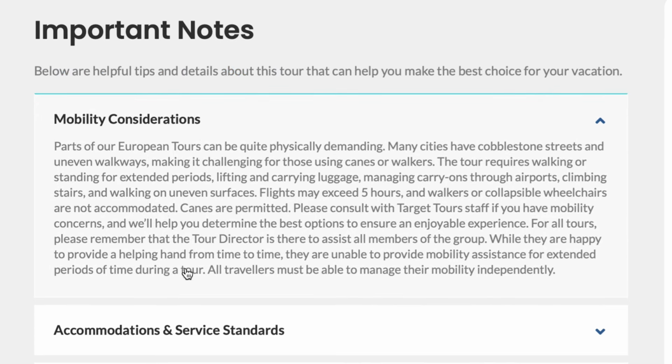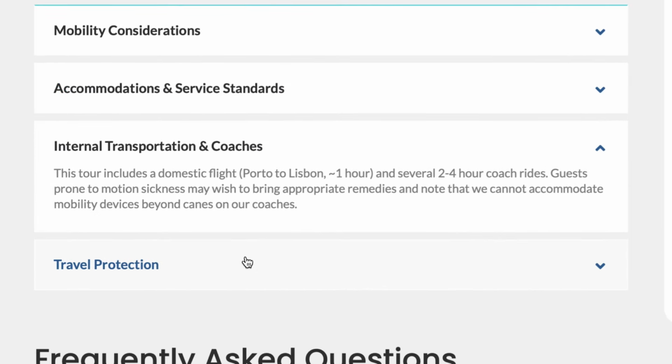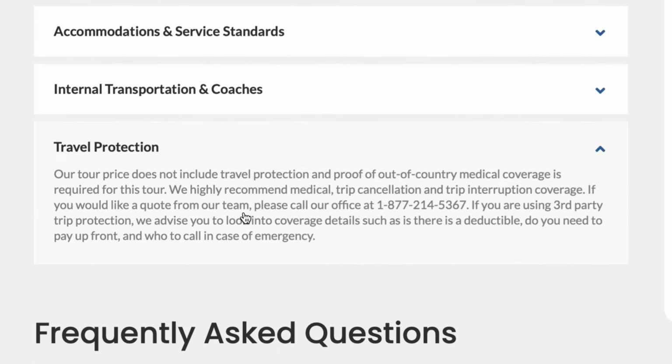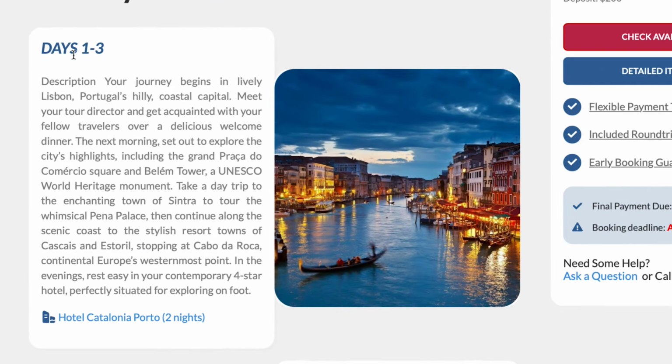Here's where they address those mobility considerations, accommodation and service standards, some internal transportation notes, and even calling out travel protection or insurance requirements. Next thing I'll address is the itinerary section. We highly recommend an abbreviated itinerary section. Here you can see how we've grouped